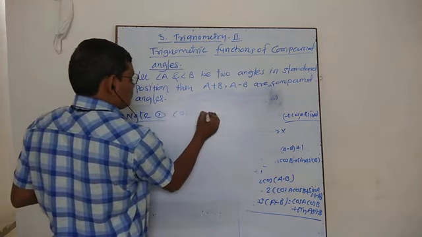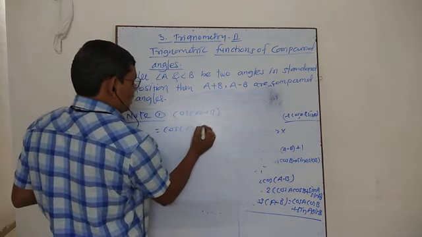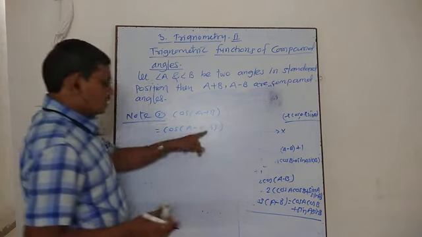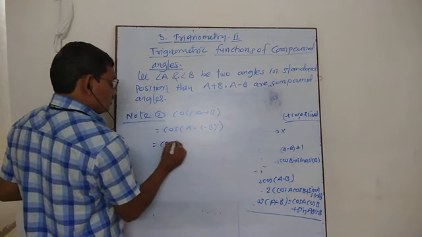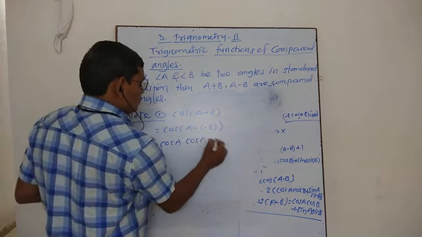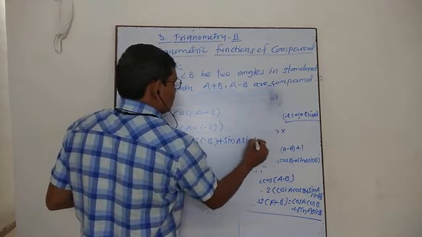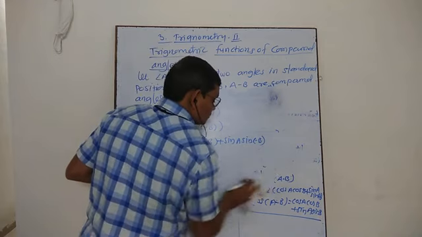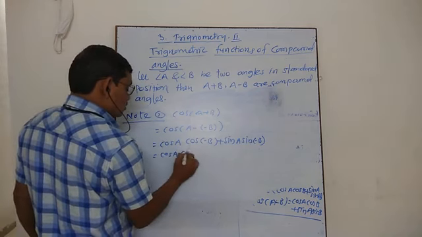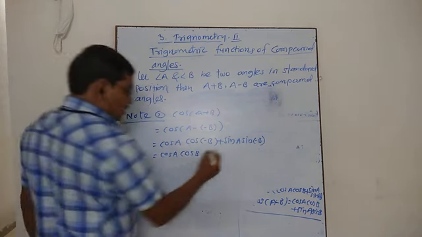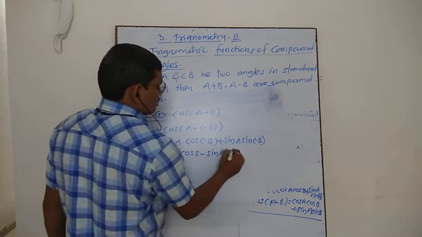Cos A plus B is equal to, we can write this as cos A minus minus B. Minus minus is plus. Now we apply the formula for cos A minus B. So this is cos A cos B, here it is minus B, plus sin A sin of minus B. So cos A, cos of minus theta is equal to cos theta, so it is cos B. And sin of minus theta is equal to minus sin theta, so this is minus sin A sin B.